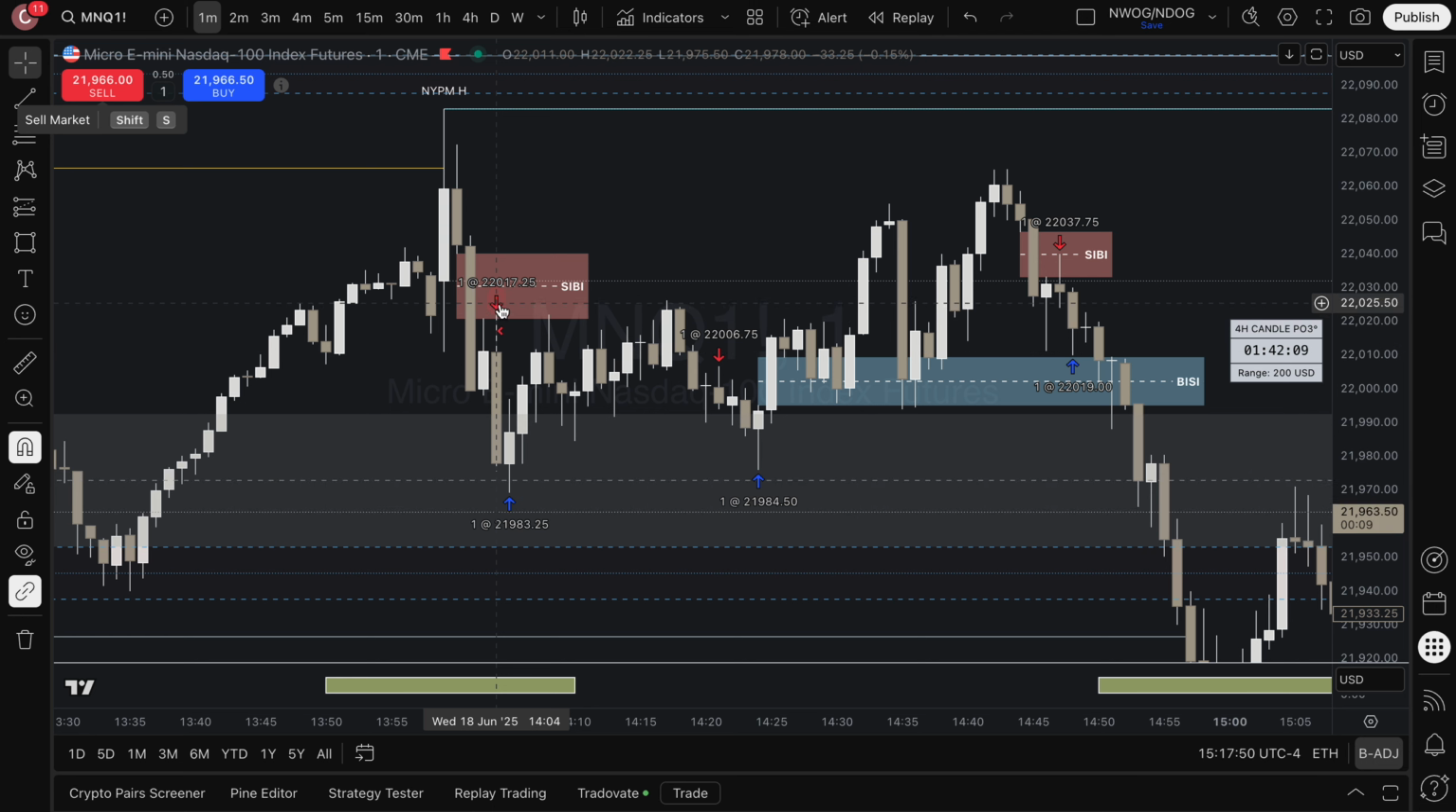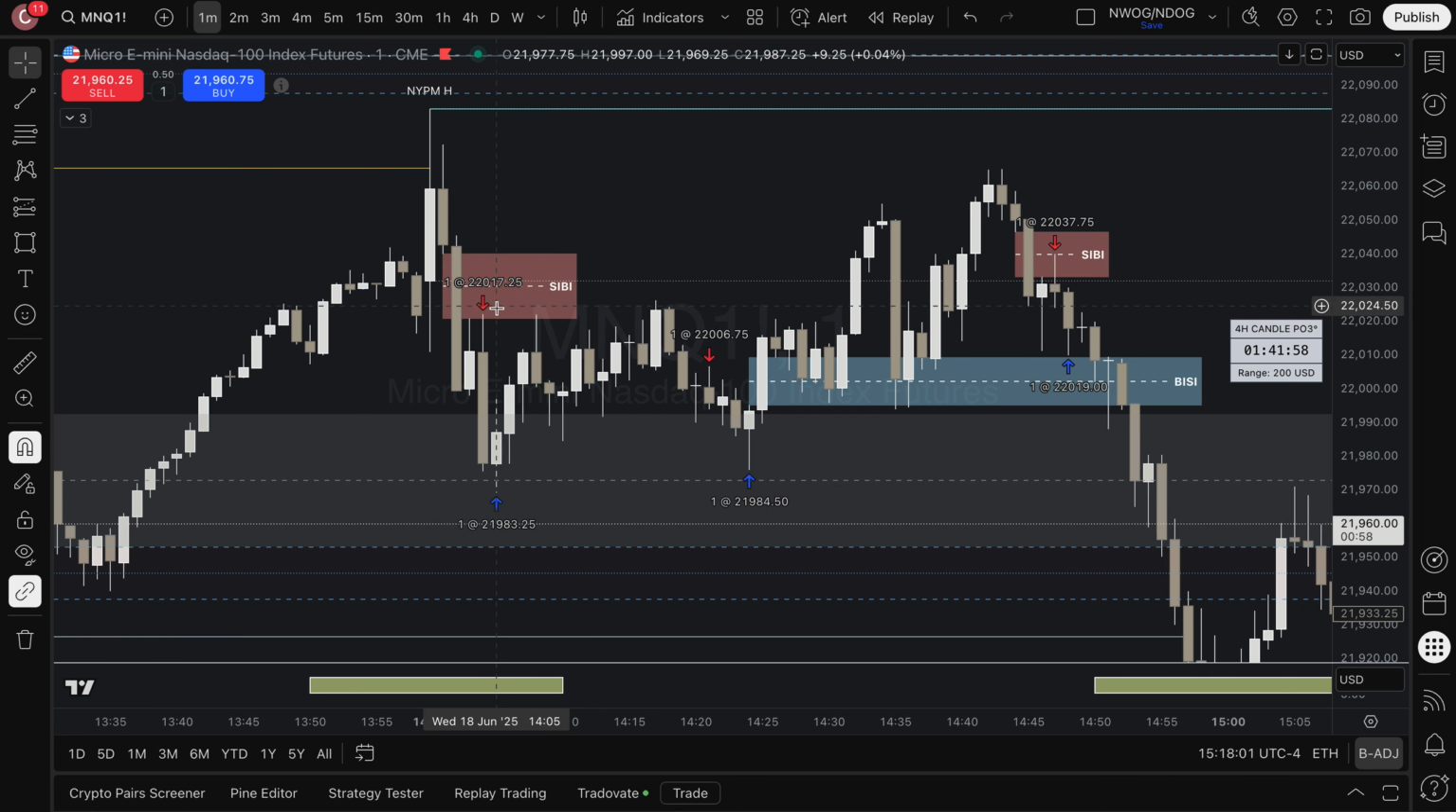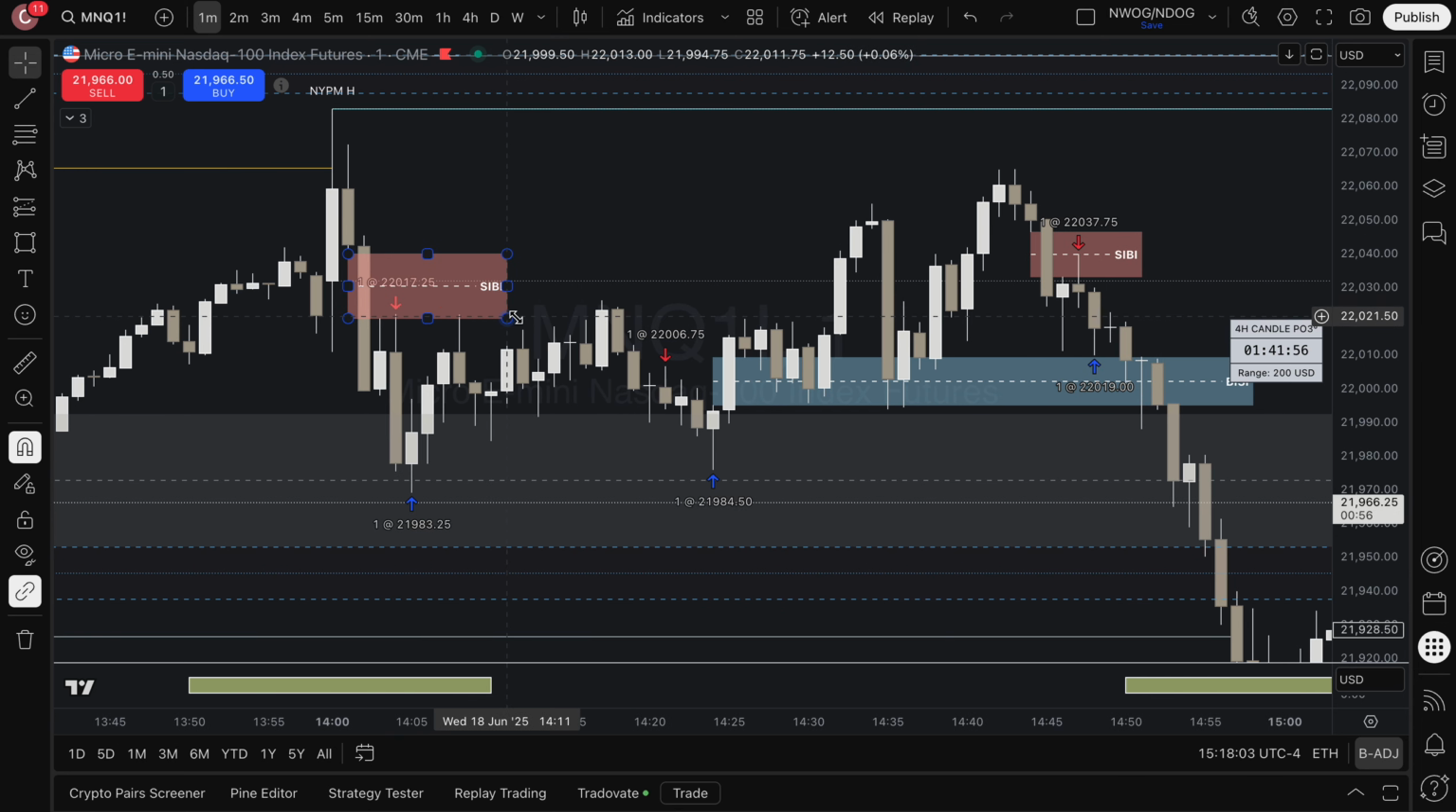I got a pretty bad fill because I just pressed sell as a market order. I didn't have time for a limit order. I kind of got a bad fill, but you can see how we tapped into this SIBI. What the low was